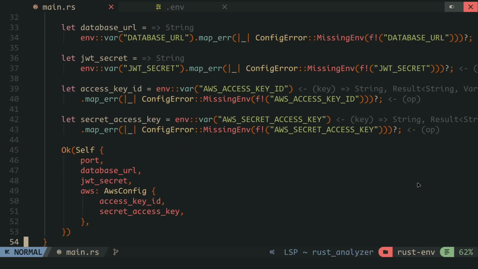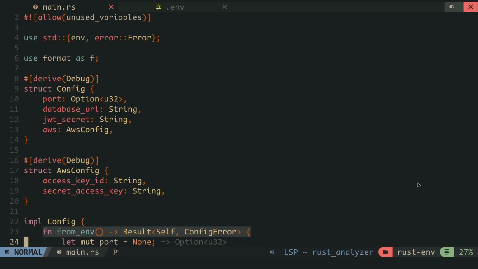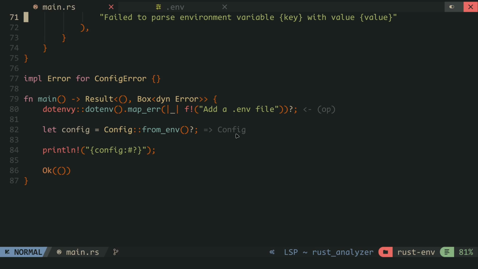Our main.rs file is a bit messy, so to clean this up, I will move everything related to the config struct to a different module. Typically, you would want to call the fromEnv method from the config struct only once, which is when the program is initiated. When you initialize the config struct, it is essential to share it globally throughout your program for maximum efficiency. I will show you how to optimize the config so you can access it easily and use it anywhere